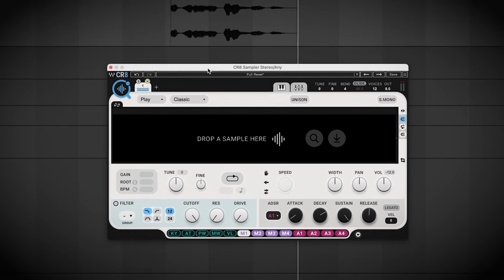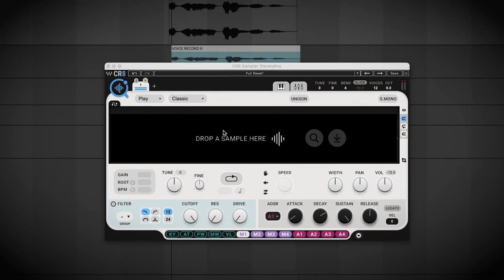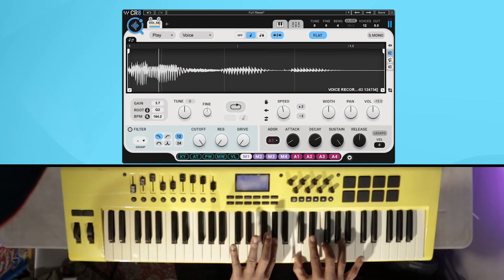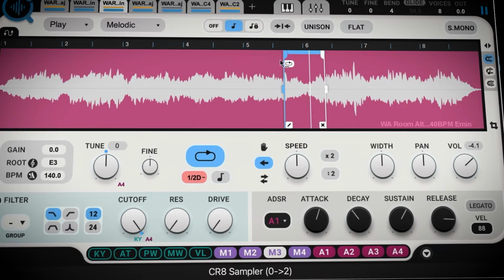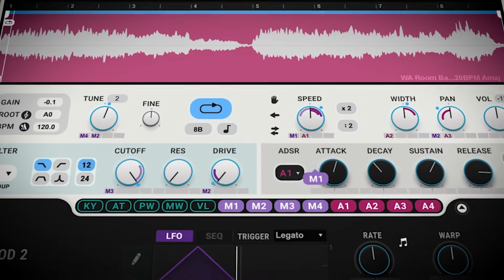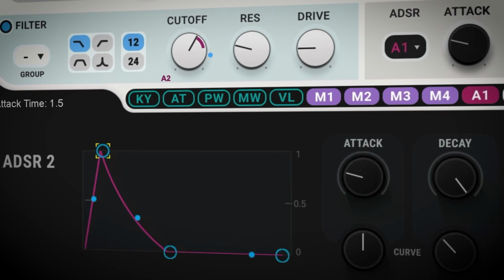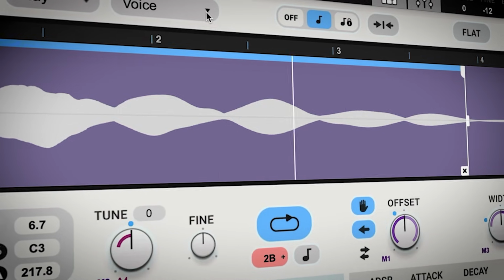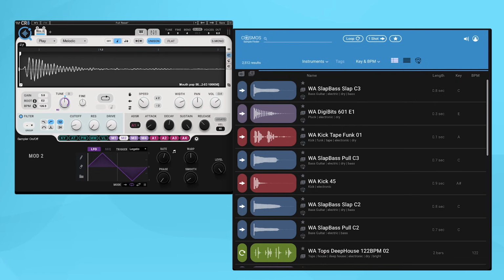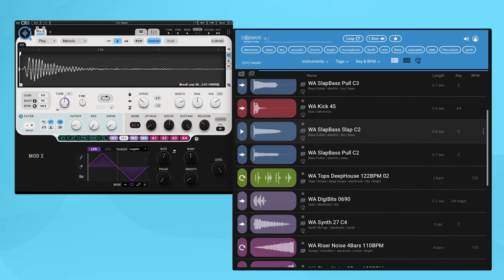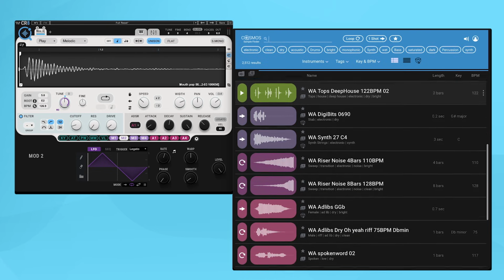Designed with a hyper-fast and flexible workflow, you can take literally any sample and turn it into an inspiring instrument. Powerful time and pitch stretching algorithms, easy drag and drop keyboard and sequence modulators, keyboard zones editor, the production capabilities are endless. In addition, CR8 includes Cosmos AI-powered sample finder, over 4 gigs of royalty-free samples, and over 800 factory